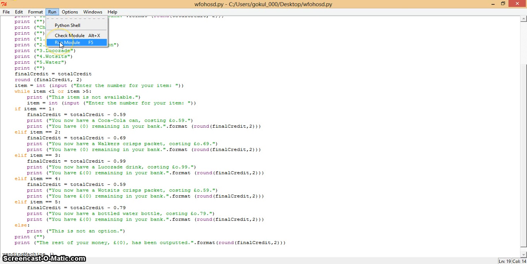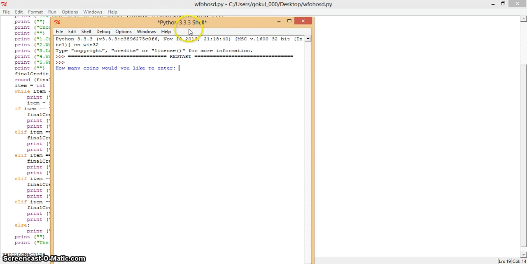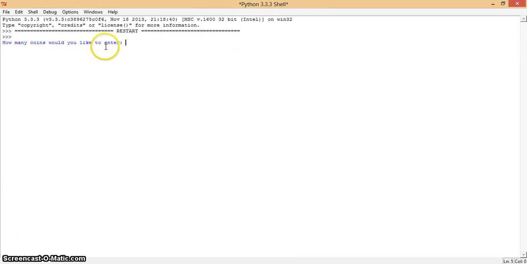Python run module is F5. You can press F5 on your keyboard as well, and it comes up with this screen. I'll just maximize it, and it asks you first of all to enter the amount of coins. I'll enter 4 coins, and my first coin is 0.20,